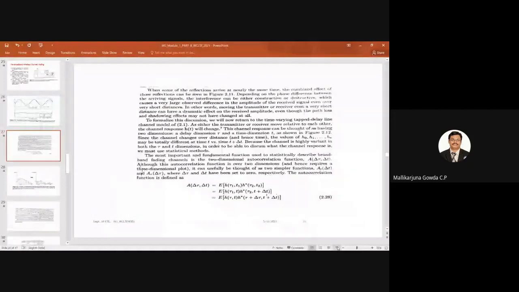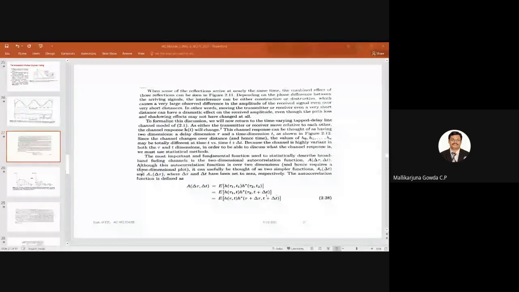Yeah, hope we are able to see this theory. Already I told what that is, right? So depending on the phase difference between the arriving signals, I said the interference can be either constructive or destructive, right? Which causes a very large difference in the amplitude of the received signal, even over a short distance, as I said. Means what I mean to say is,